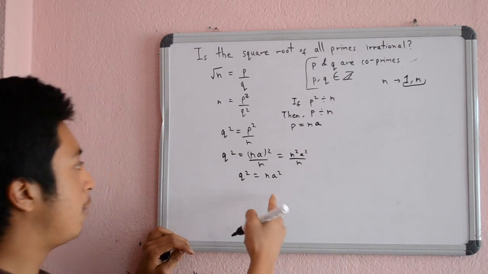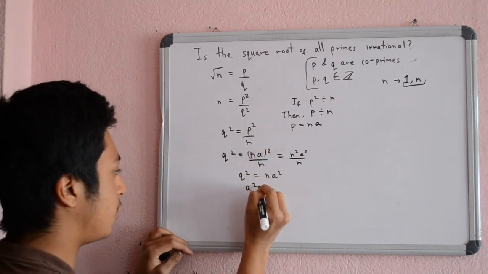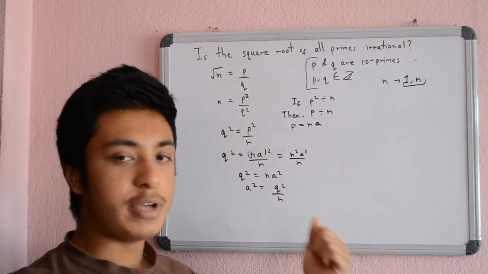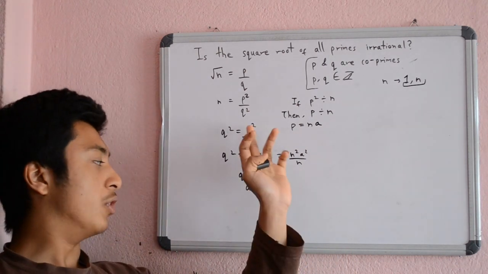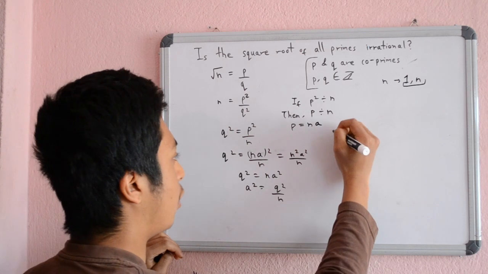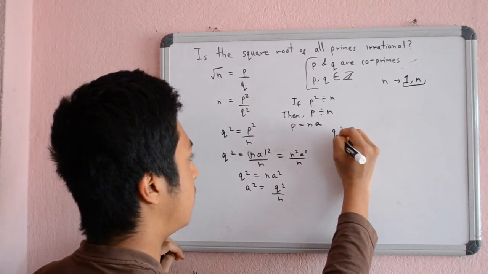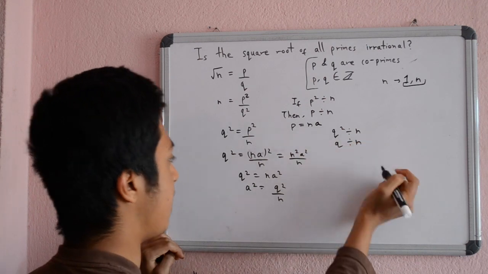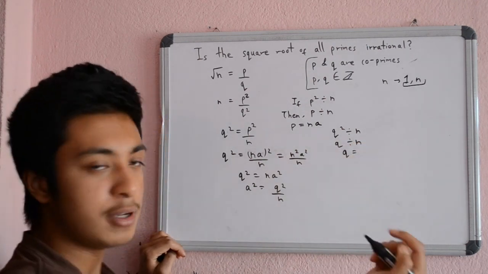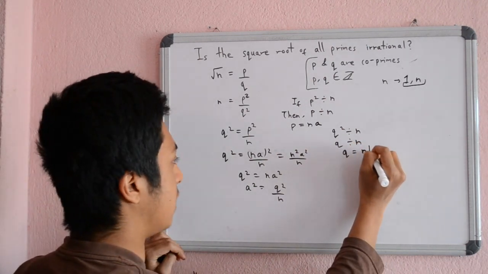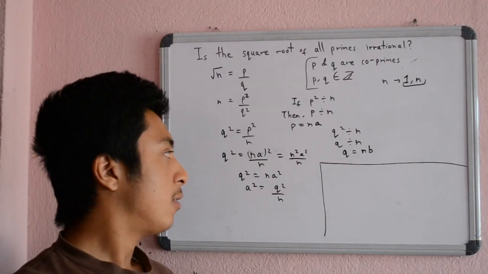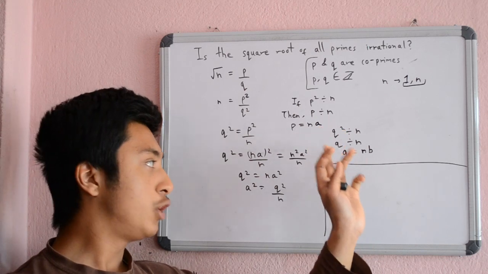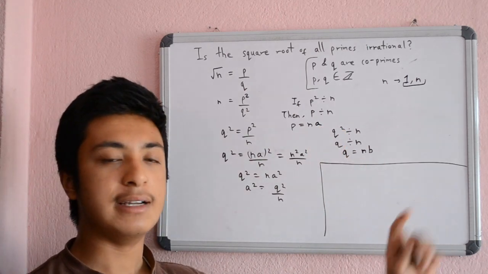And again, similar to this, we can rewrite it as a square is equal to q square by n. And we have a similar property with q. Here we also have that q square divides n. That means q must also divide n. We can rewrite q in terms of n again, n times b. So we see that p is a multiple of n and q is also a multiple of n, which means